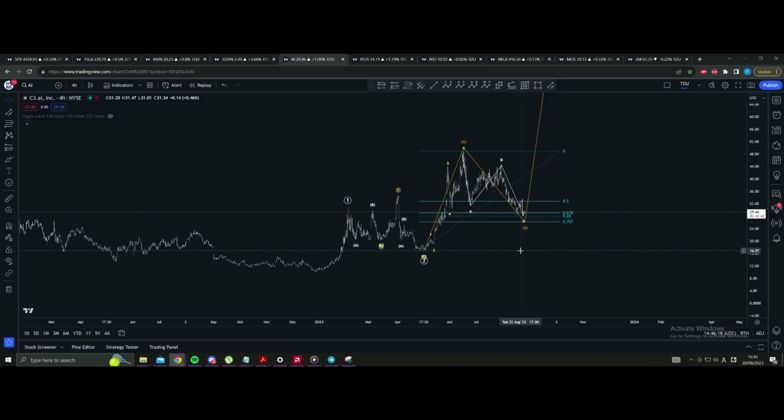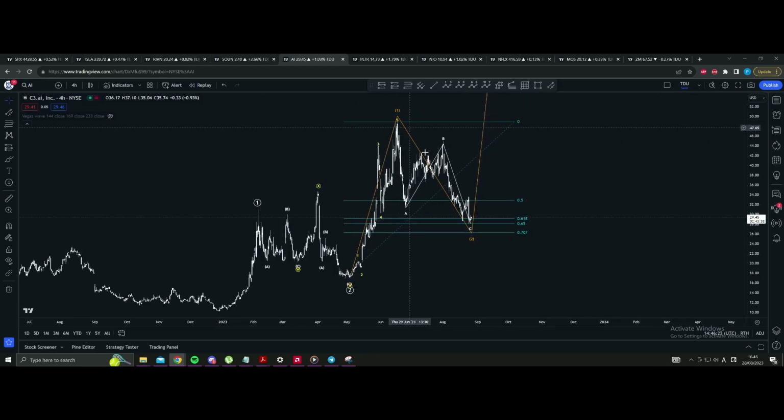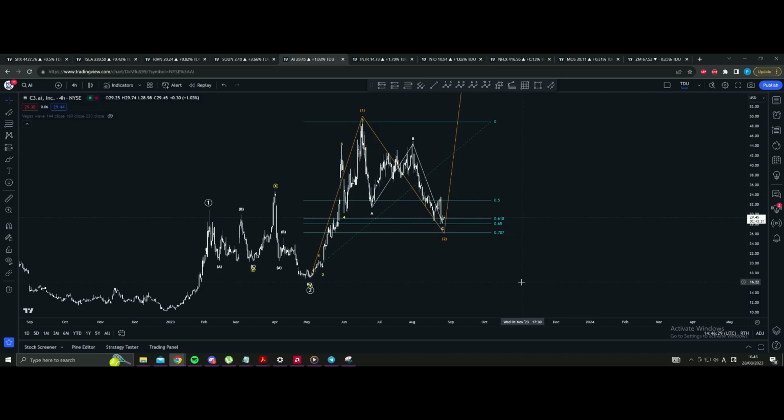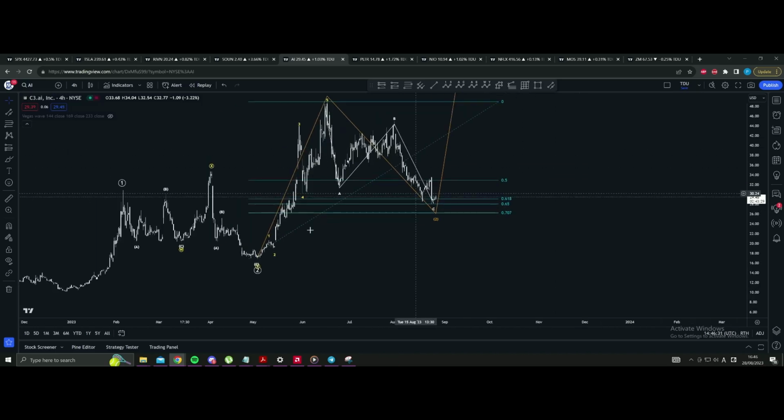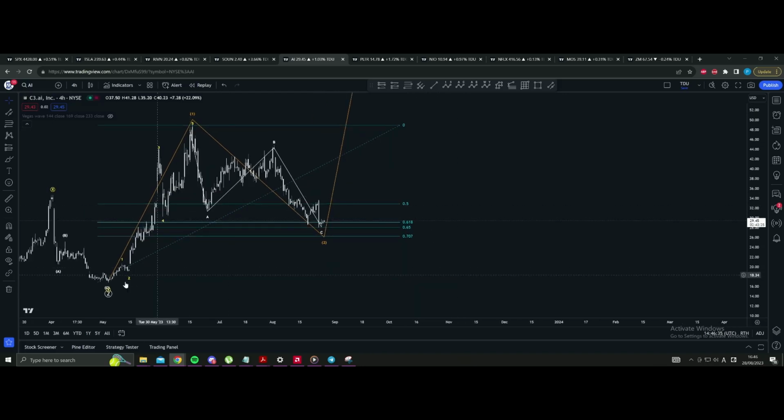C3 AI. Okay, so this one as well, either we're doing 1 2 1 2 or ABC, and now we're gonna go down further. For the moment, the bullish algo is still active. We are measuring from this pivot here to the top, and then a clean